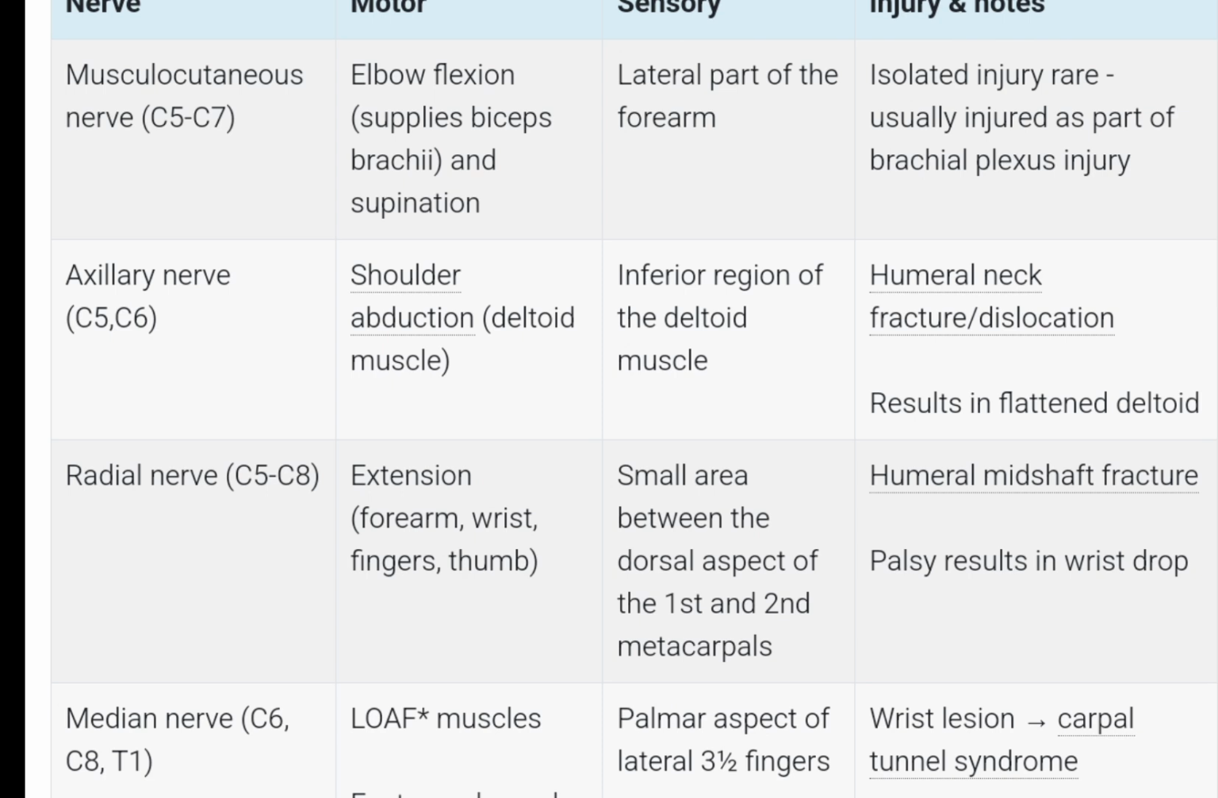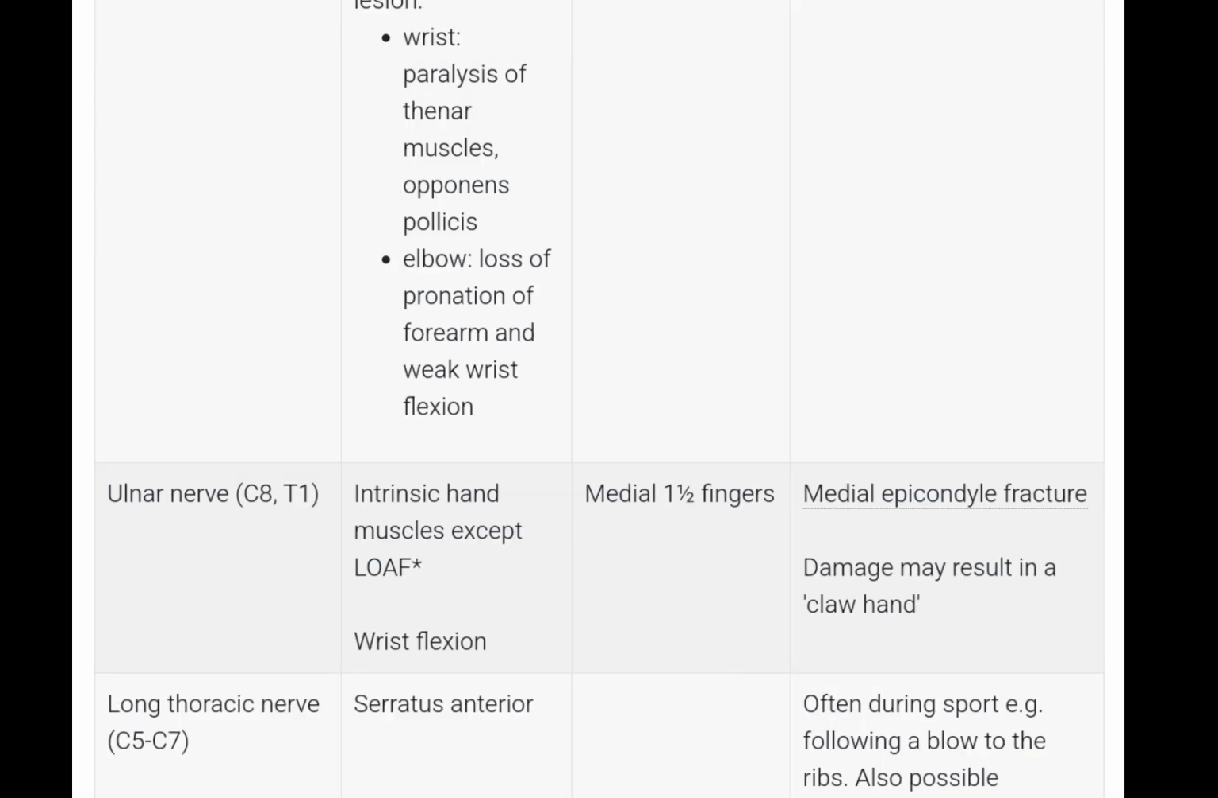Then radial nerve damage leads to wrist drop, and the sensory loss is in the small area between the first and second metacarpal bone. Median nerve damage leads to weakness of the LOAF muscles, that is lumbricals, then opponens pollicis, abductor pollicis brevis, and flexor pollicis brevis. So it leads to loss of pronation of the forearm,